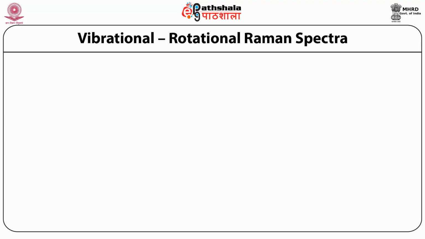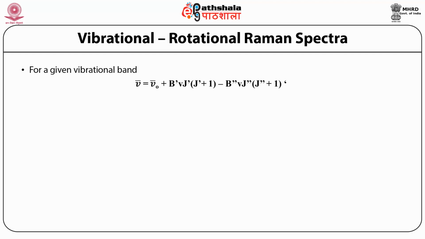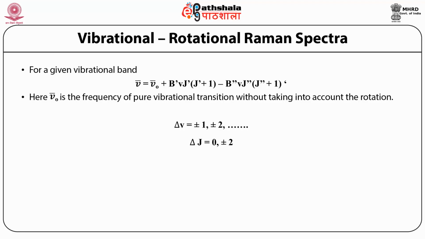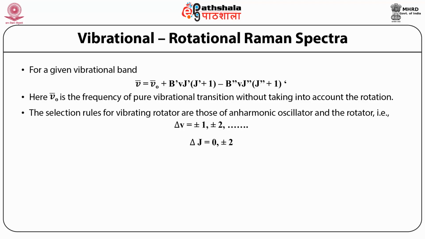Vibrational rotational Raman spectra. For a given vibrational band, nu is equal to nu naught plus B' nu (J' plus 1) minus B'' nu J''(J'' plus 1). Here nu naught is the frequency of pure vibrational transition without taking into account the rotation. The selection rules for a vibrating rotator are those of an harmonic oscillator and the rotator, that is delta nu is